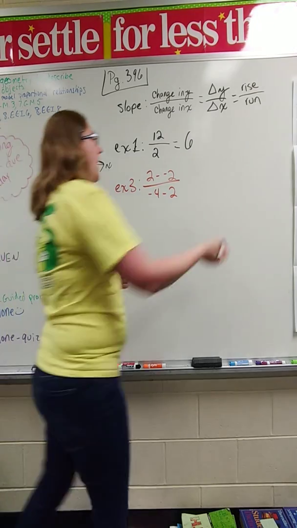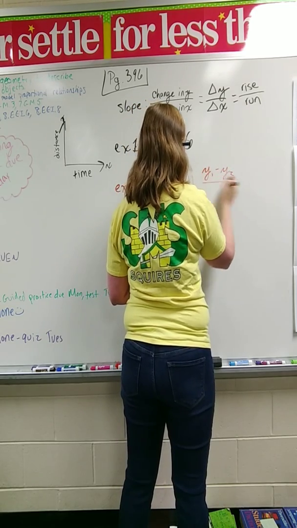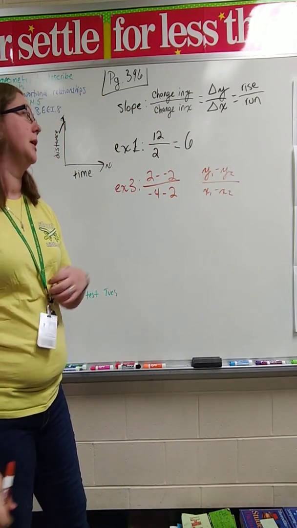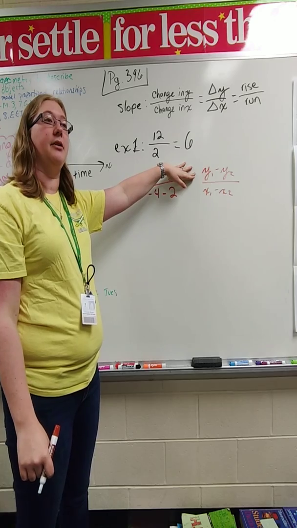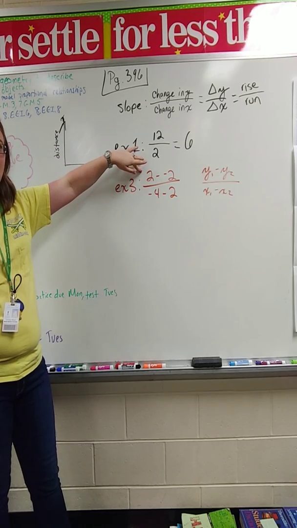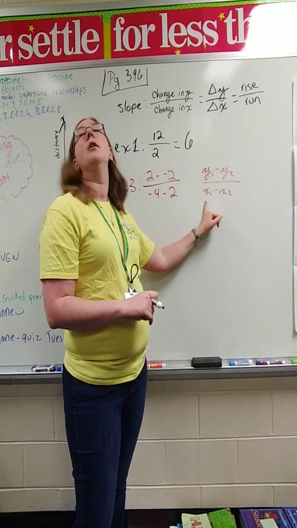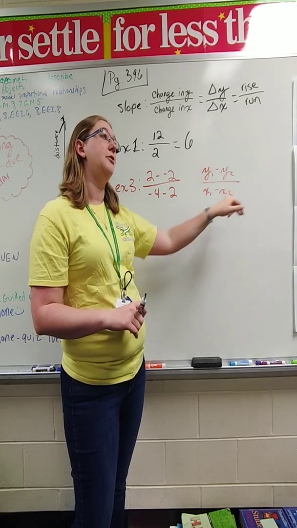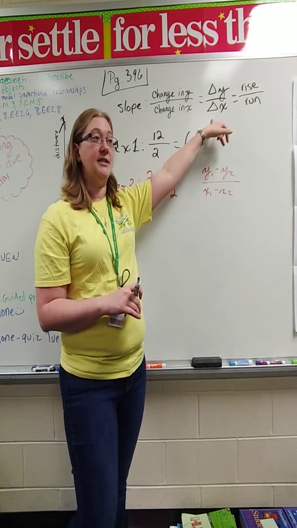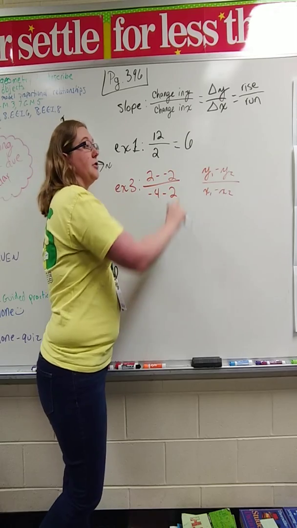You see it written in your book as y1 minus y2 over x1 minus x2, correct? I just skipped over that part. This says we're finding the change in our two y values. So does this. And this is what that looks like in our example. This says we're comparing the x value from my first ordered pair to the x value of my second ordered pair, which is the same as saying we're looking at the change in our x value, which is this. Okay? 2 minus -2 gives us